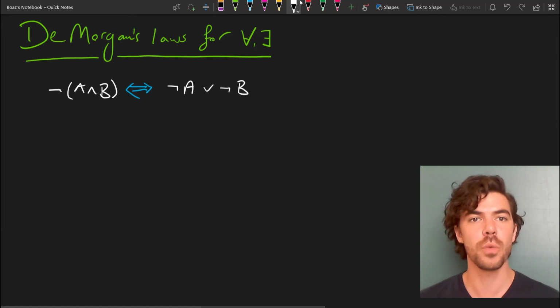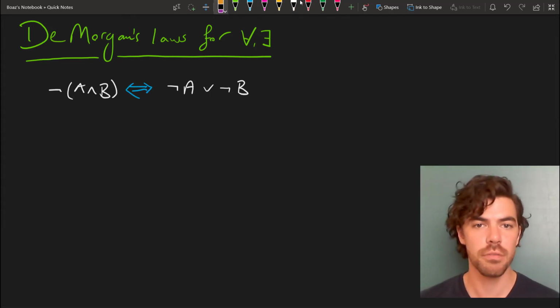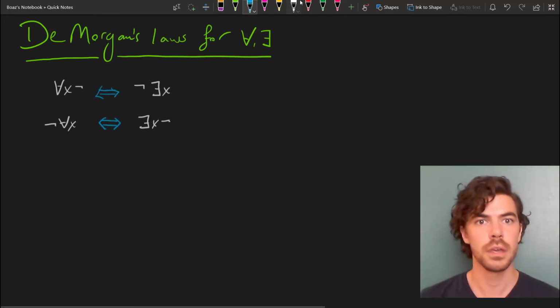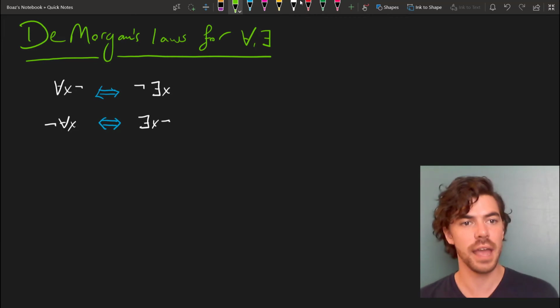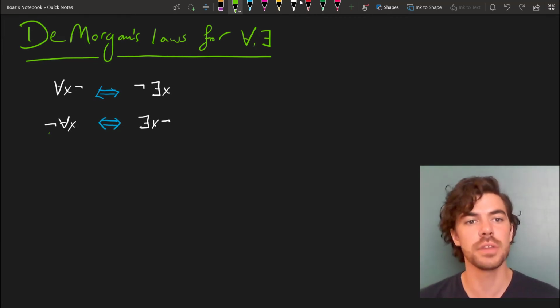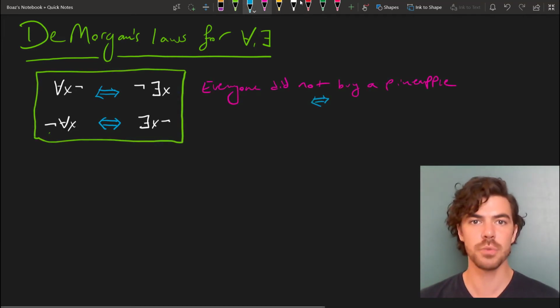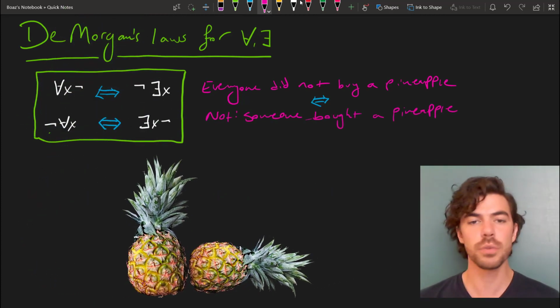And this is all well and good for the Boolean operators, but there's a further way we can extend this notion to the quantifiers. Here's the basic idea. For all x not is equivalent with not some x, and not all x is equivalent with some x not. We can say everyone did not buy a pineapple is equivalent with not someone bought a pineapple, no one bought